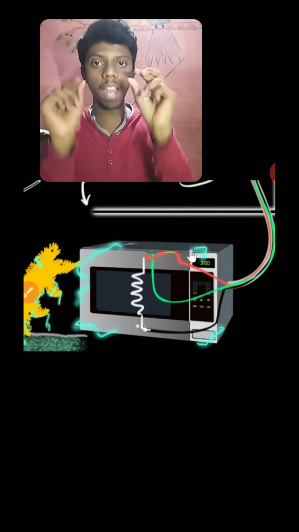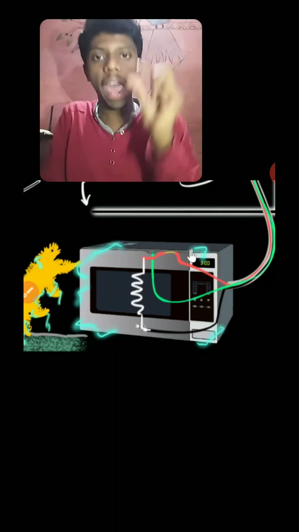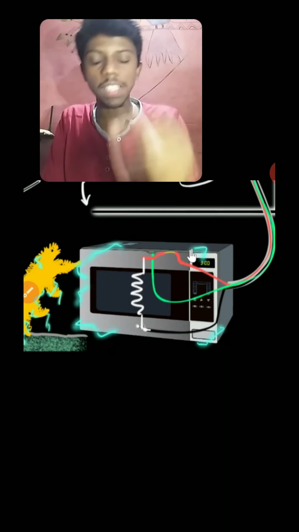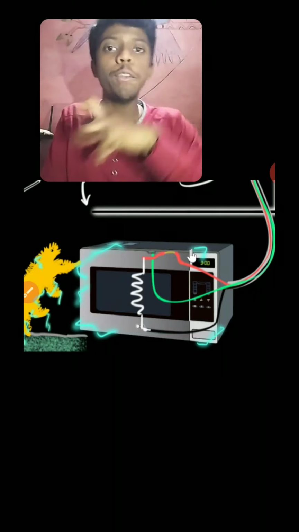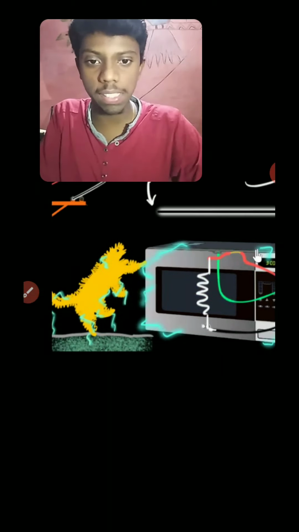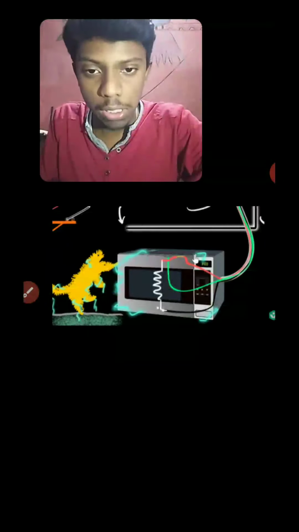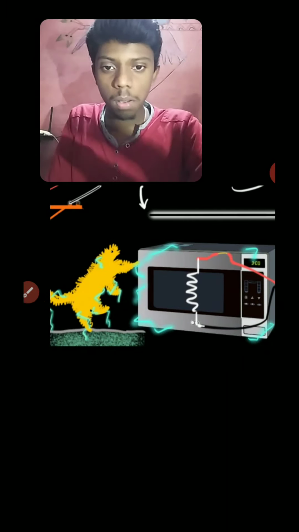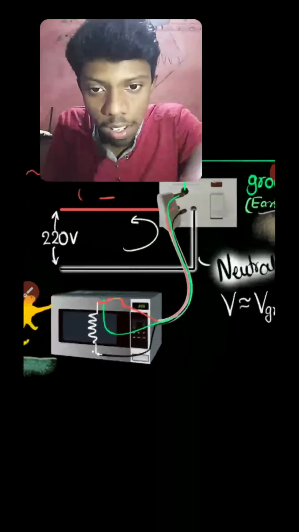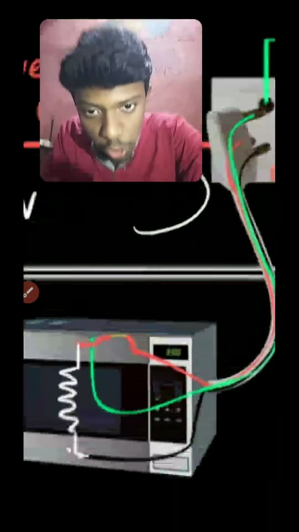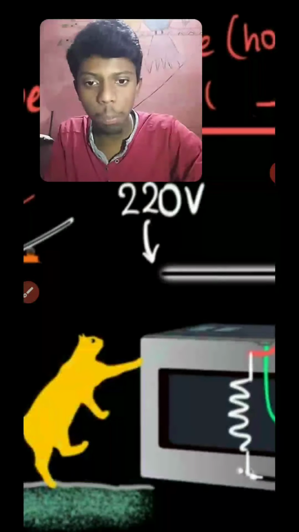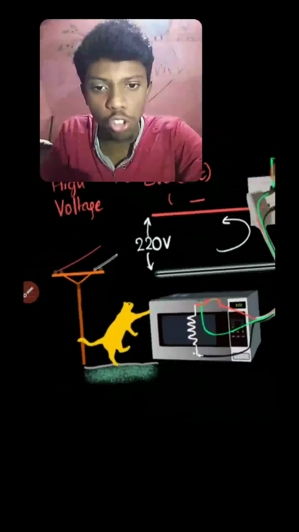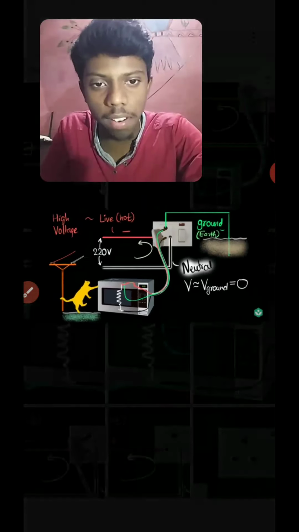So what happens is that the earth pin is a little bit long and fat, and it gets inserted first, so the earth wire has the connection first. If there is any leakage of current, it drops back, since it is a low resistance path. So that is what this meant. If there is no green or earth wire, a user may get a nasty shock. If there is a green wire, even though there is a fault, a person will not get a shock. So the user is safe from that danger.